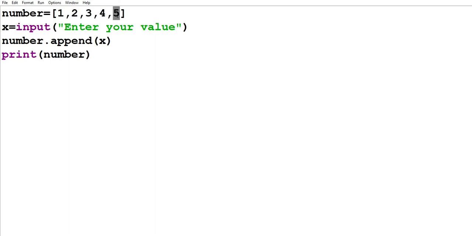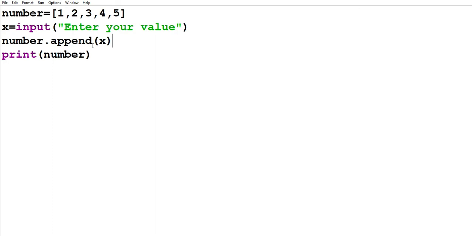Accordingly, all the values have a particular index value which starts from 0 and continues till the last value stored in the list, right? So if we want to insert a particular value at index 0, which is occupied by the value 1,